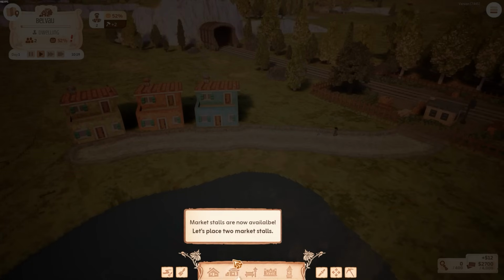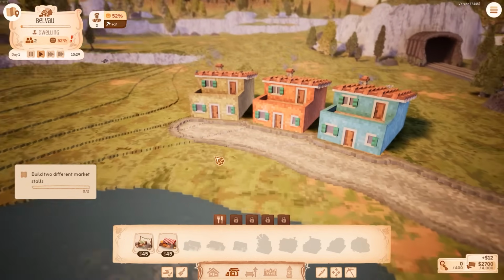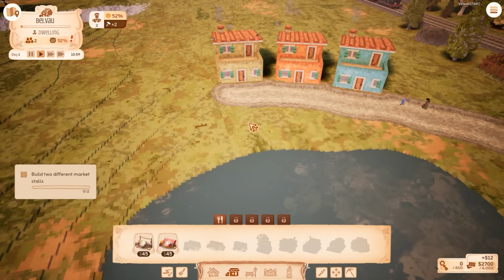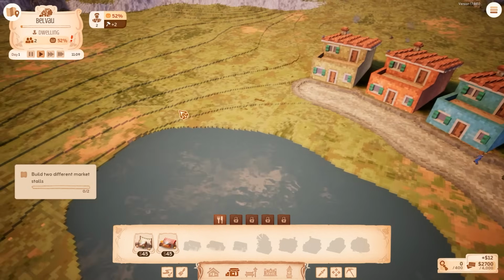Okay. So market stalls are now available. Let's place 2 market stalls. So one thing we're going to be able to do in a moment is decorate the houses. We can decorate quite a lot in this game with various plants and scenery. But not only is it just for looks, it is actually going to feed into the simulation as well. Families are going to want to have houses with certain types of flowers, certain colours, certain amenities nearby. One of that being the